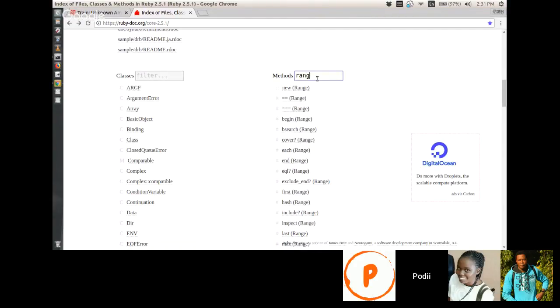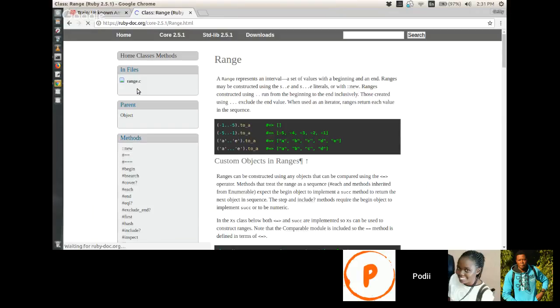I think range is under class. So you can do to_a on ranges, it represents intervals. So you have to call to_a on it. Scroll down.